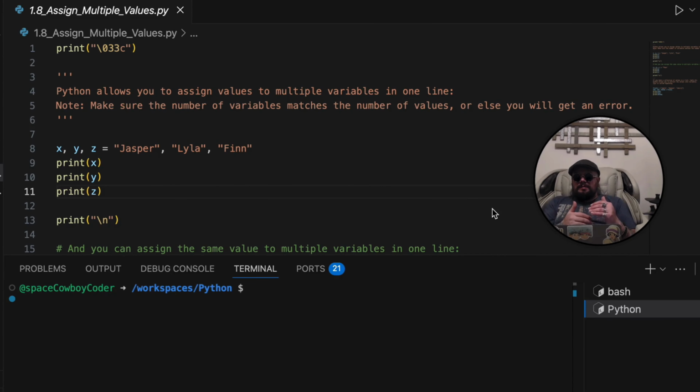In this video, I'm going to show you some ways that we can assign multiple values to multiple variables, some shortcuts, and also introduce you to what's called the list, which is a very powerful programming structure that you can use and we'll use in a lot of our programs going forward. But basically, Python allows you to assign multiple values to multiple variables in a single line. You just have to make sure the number of variables matches the number of values, otherwise you're going to get